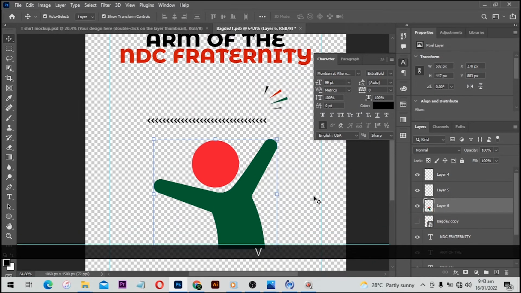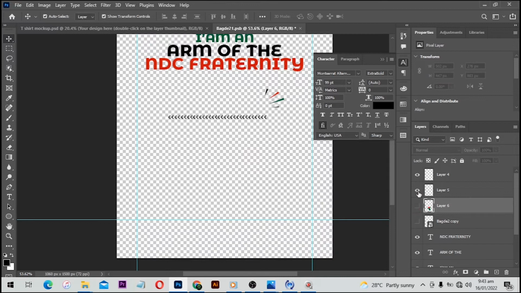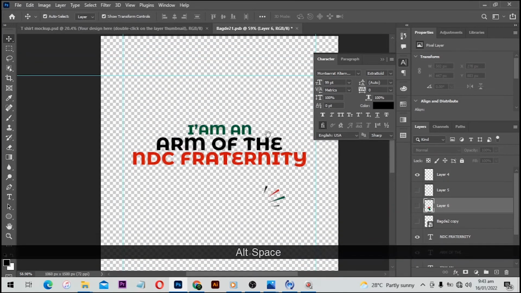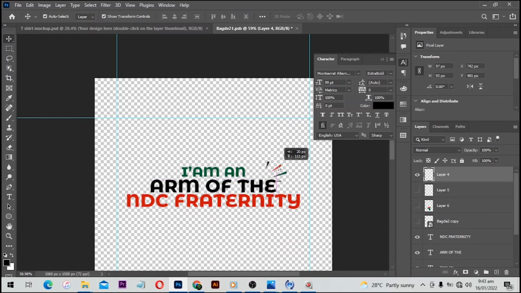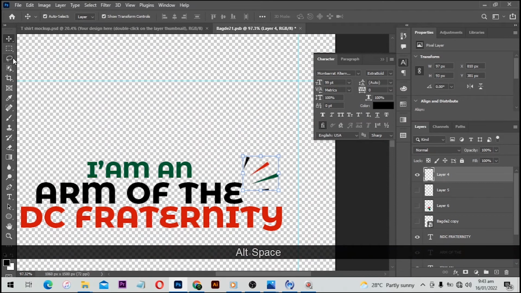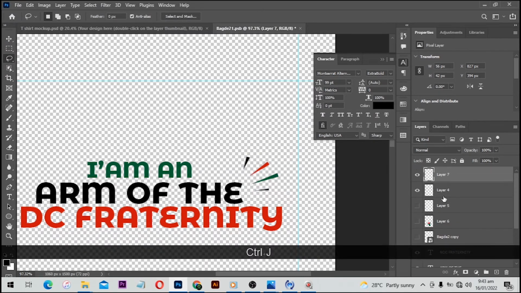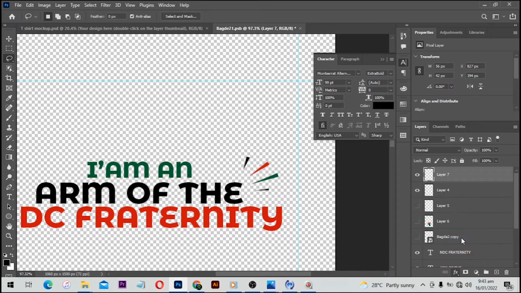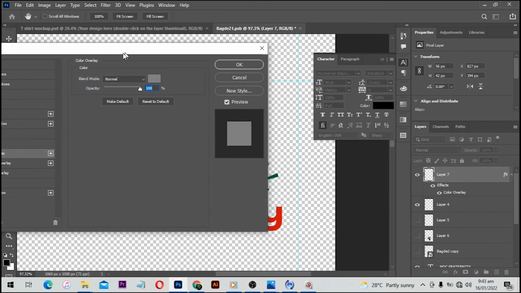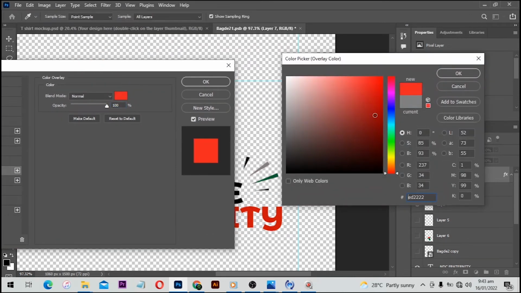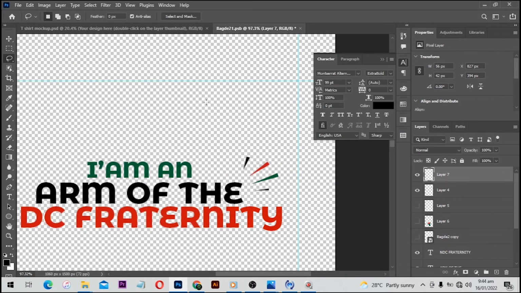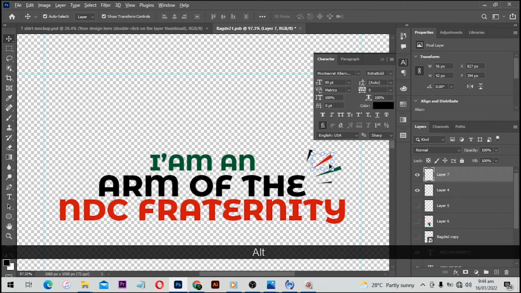Then I can hide the main one, and I have my 3 samples here, so I'll hide them, and then I'm going to position this one over here, just like this. And if you'd like to change the color of these, all you need to do is select the lasso to make a loose selection around it, and then press Ctrl J to make a copy, and you will add a color overlay. The color overlay is going to help you change the color of this if you would like to do so. Alright, so I would like to keep the same color.